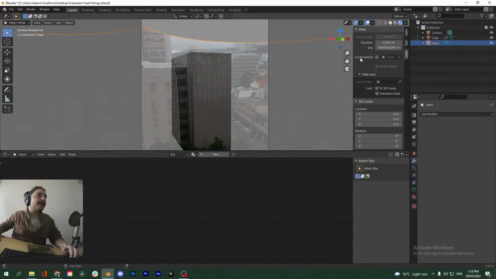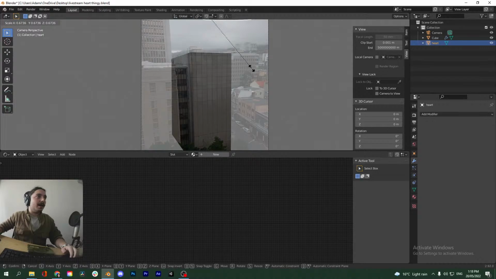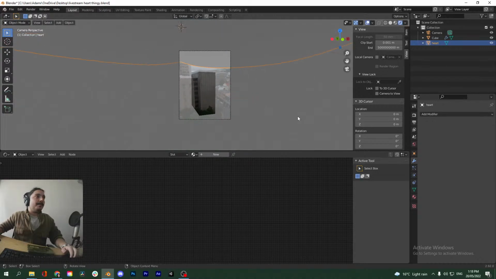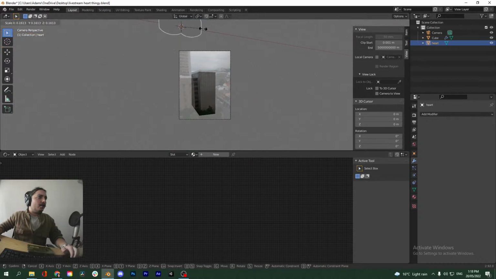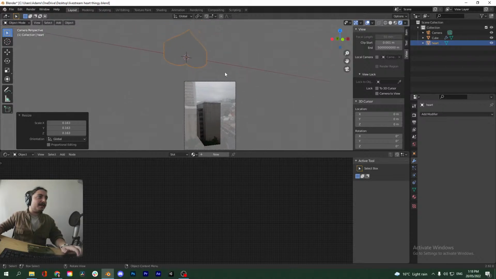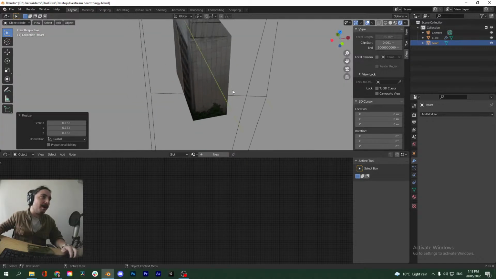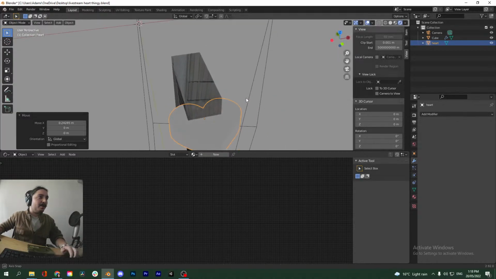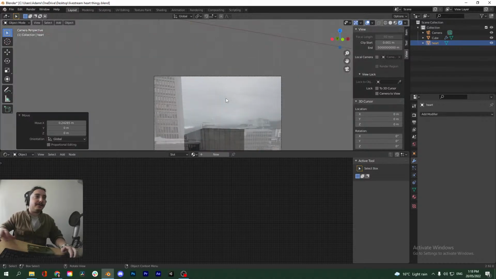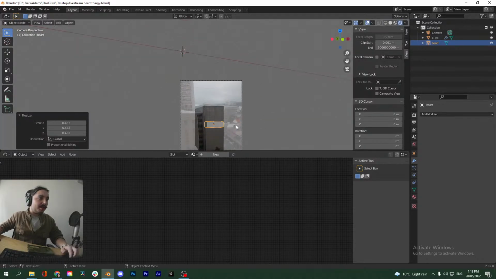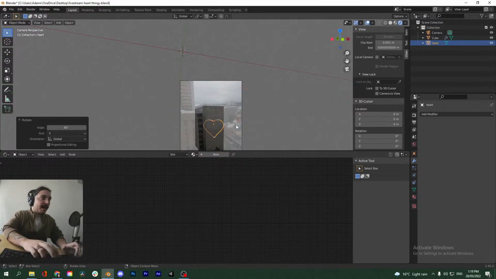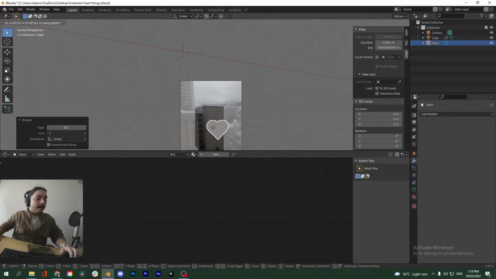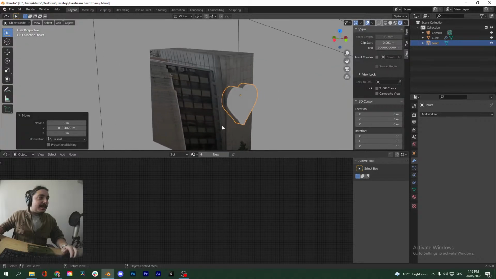So let's turn our heart icon back on. We can scale it down a little bit. So, sorry, the reason everything is above, I basically moved this down. I should have actually aligned this to the bottom of the floor plane, but I was going fast, so we didn't. But you'd probably always want to use this grid as your base floor plane. So what we can do is scale it down a little bit. We can say RX90 to rotate it by 90 degrees. Now, what we want to do is inset this geometry.